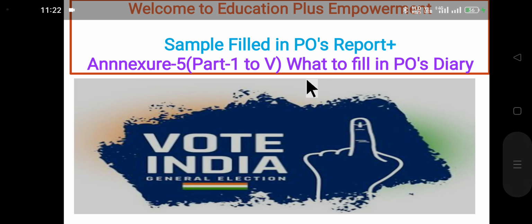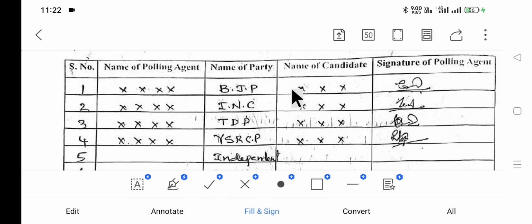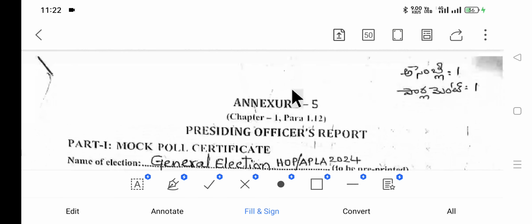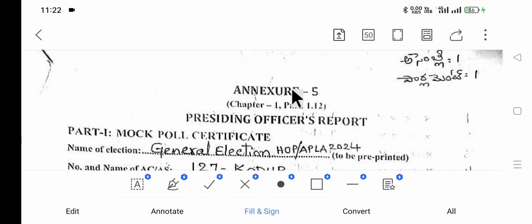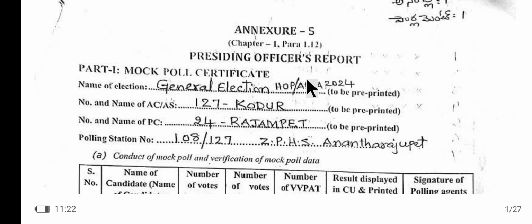So let's get started with the PO's report part 1. This is the filled in information which we gathered for the ease and convenience. So let's get started with the actual Annexure 5 information. So which includes presiding officer's report, part 1, mock poll certificate. So we need to fill in the information in the form of the